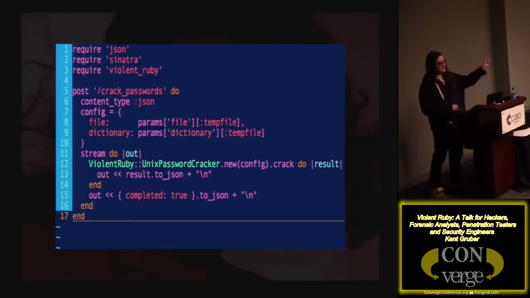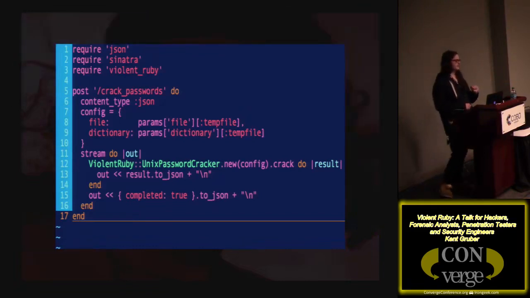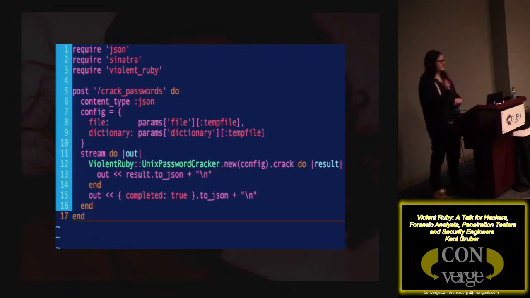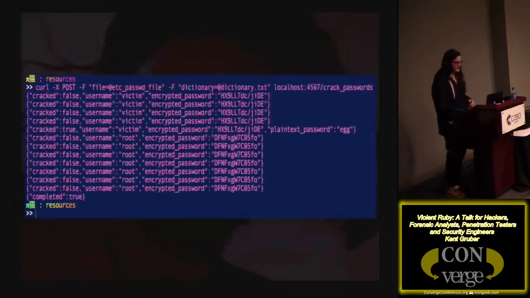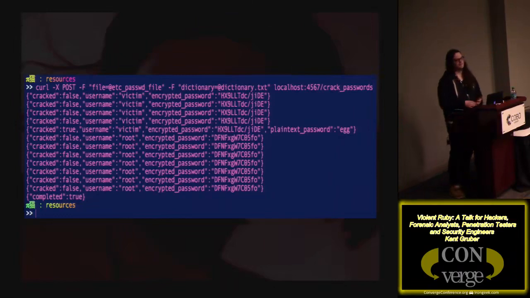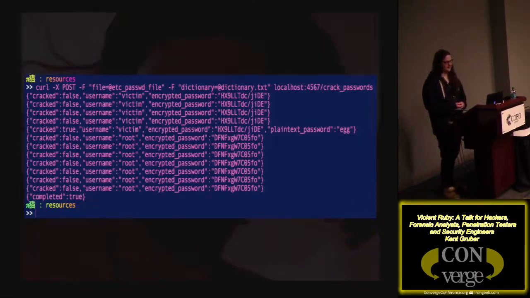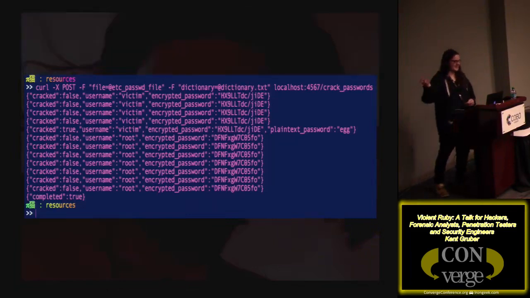And we're going to do something with that result, and basically turn that into JSON, add a new line at the end of it, because that's nice for formatting in the command line. Then we're going to send that to the out object, which is going to stream that stuff to the user. So we very simply implemented a streaming Unix password cracker, and you can implement this philosophy to do a whole bunch of interesting things. I'll have a talk in another day or two on building up a lot of interesting things with APIs. In this case, you can build a streaming password API.